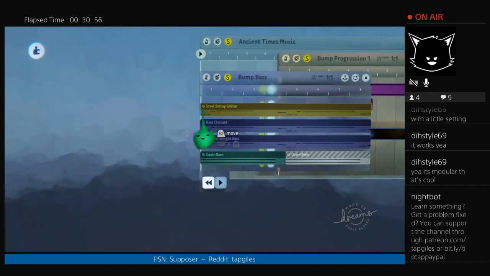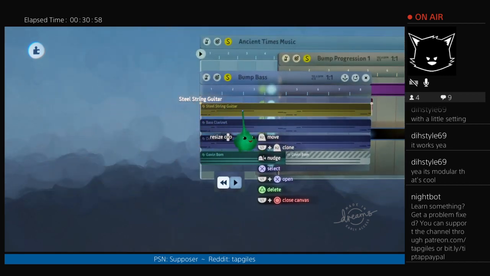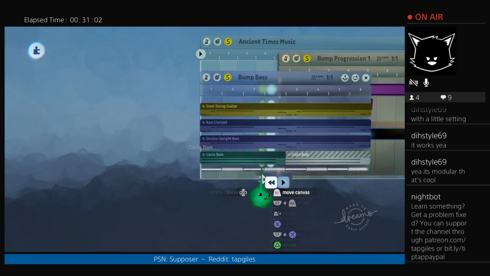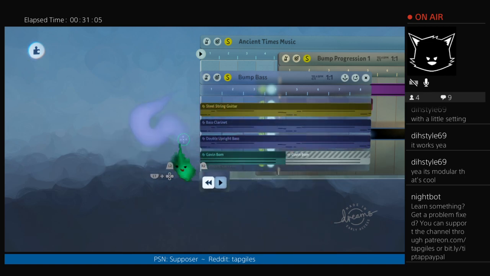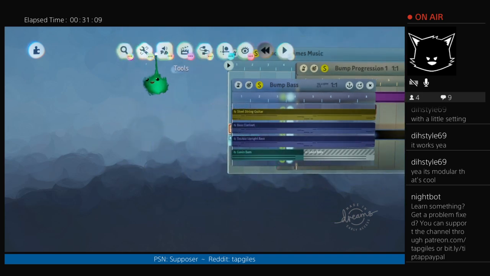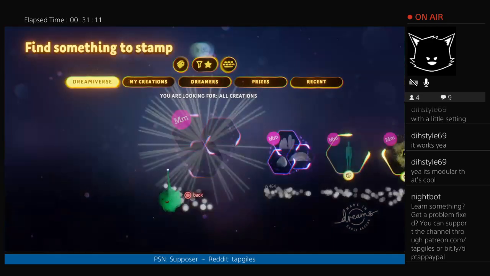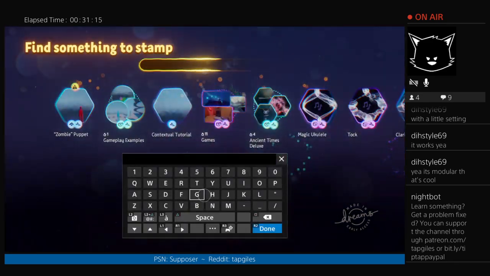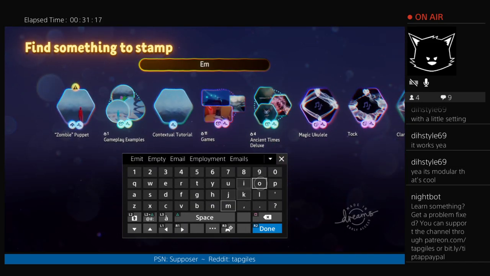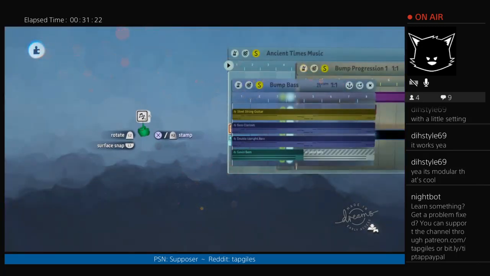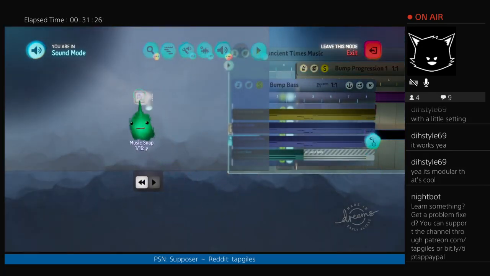So what I did was make an instrument that has those three things all playing at the same time with the same notes as one instrument instead of three instruments. So for that, I used a thing I made called empty instrument, and this